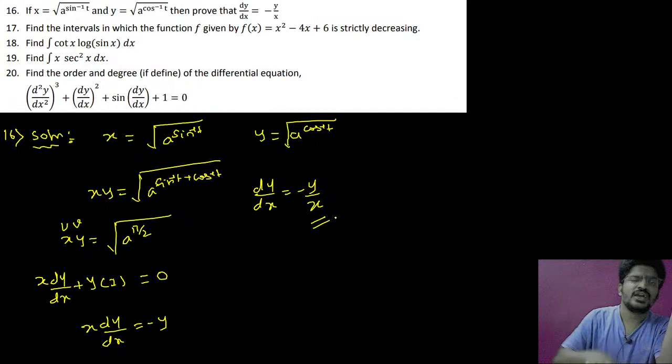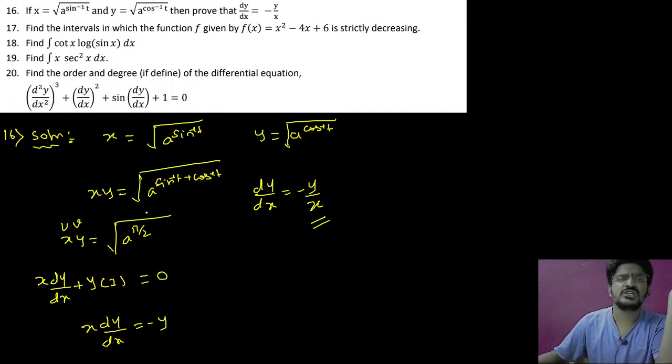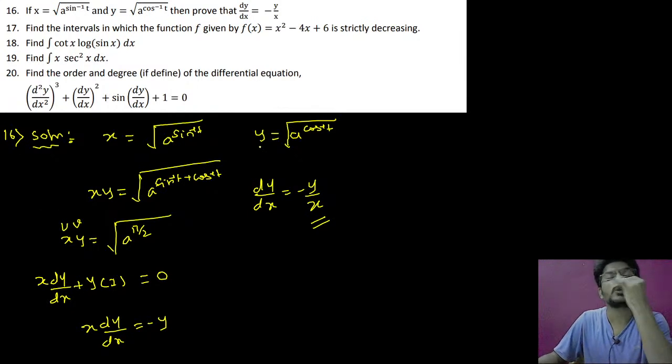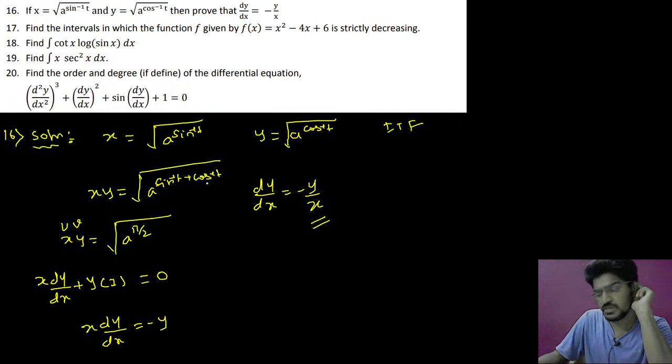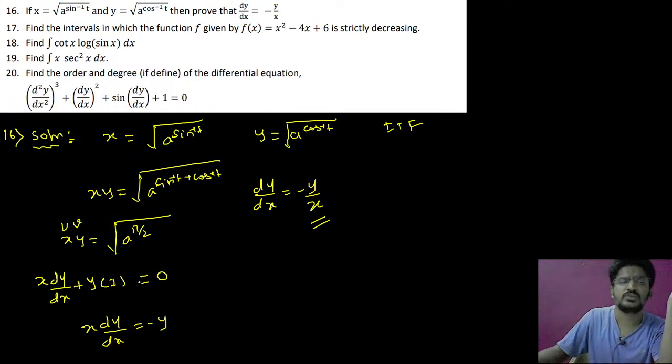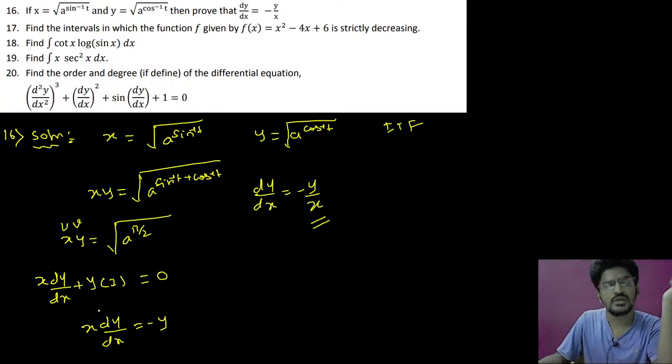So quickly tell me, very simple problem. You have x and y, you just multiply x and y, x into y will be xy, multiply this to a to the power of sin inverse t plus cos inverse t, that will be a to the power of pi by 2, by using inverse trigonometric formula, sin inverse t plus cos inverse t is pi by 2. So you can differentiate on both sides. This term is going to be 0, x as it is dy by dx plus y as it is, differentiation of x is 1. So x into dy by dx is equal to minus y, dy by dx is equal to minus y by x. Okay,